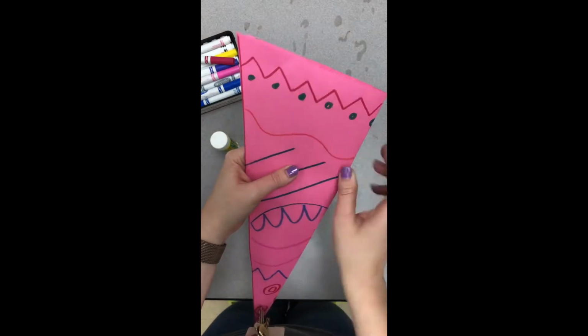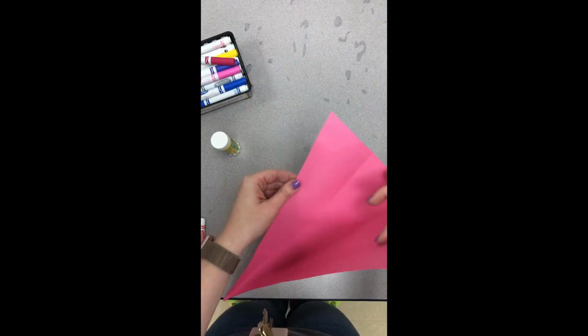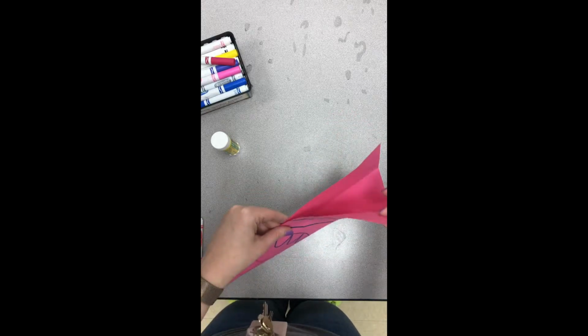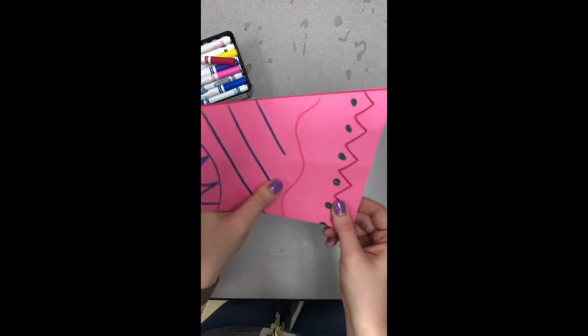and stop. This is what's gonna give my lizard flexibility to bend and move. This is very important. You cannot cut it on the side that opens. So this is the open side. This is the folded side. You have to make sure that you're on the folded side. If you cut on the open side, this won't work and you will have to redo it. So making sure that I'm on the folded side,